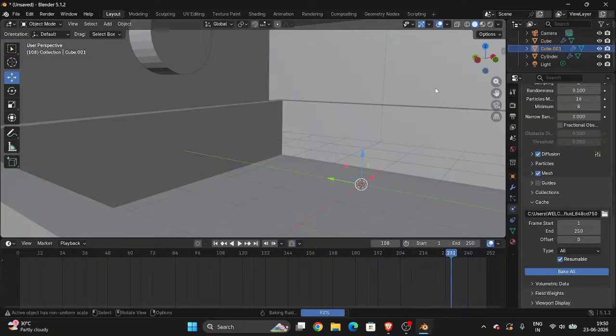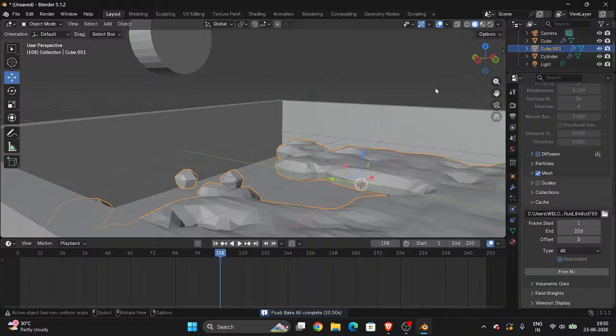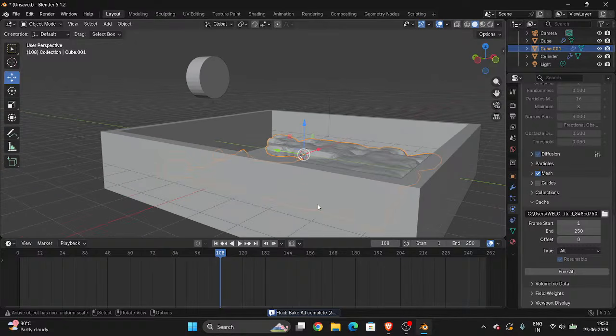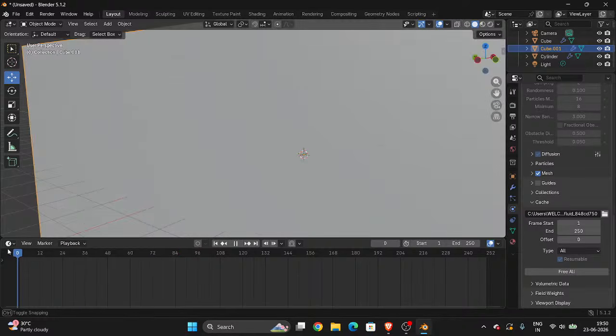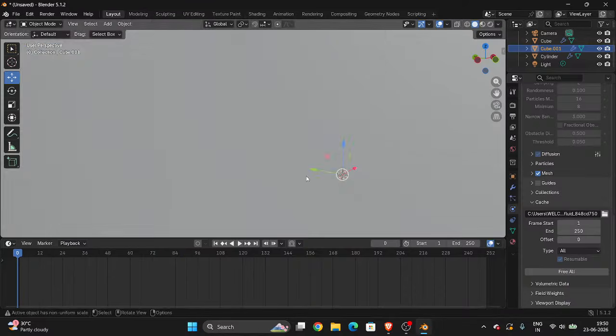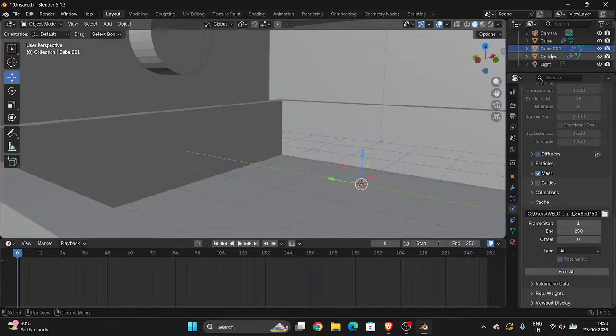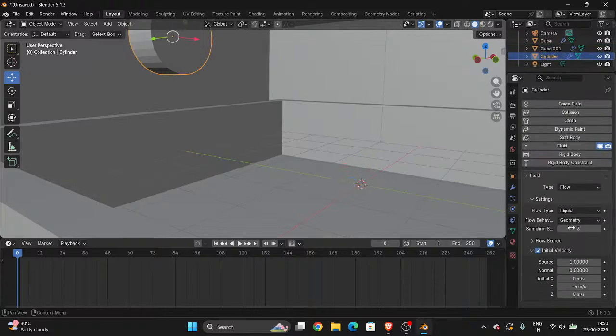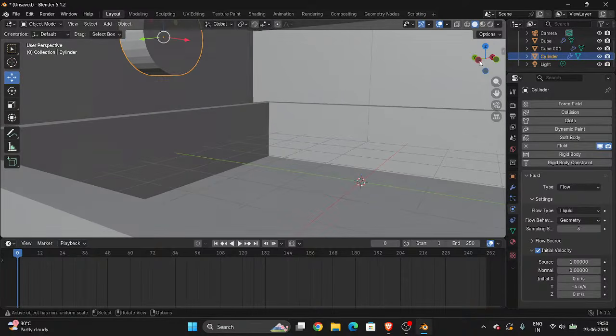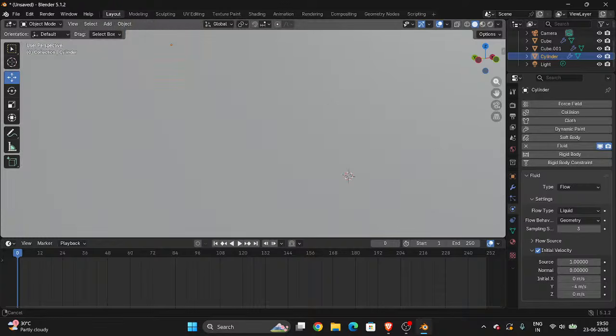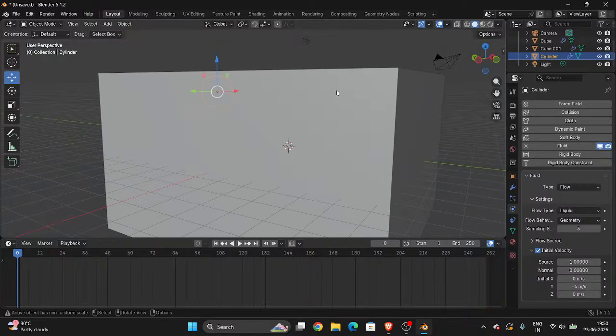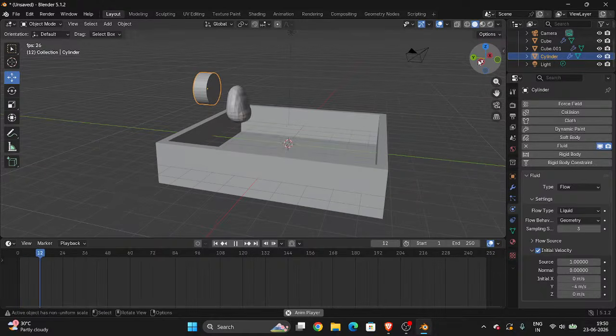Let's wait. Now the screen is back, so we'll just go into this now, because remember this. So we have kept cylinder in geometry. So we don't have to do this now. So it just shoots the water in it